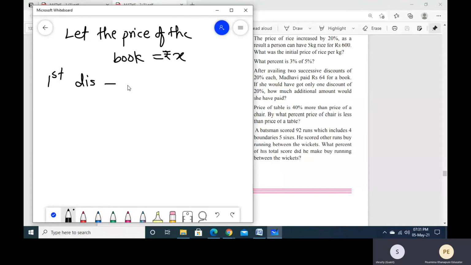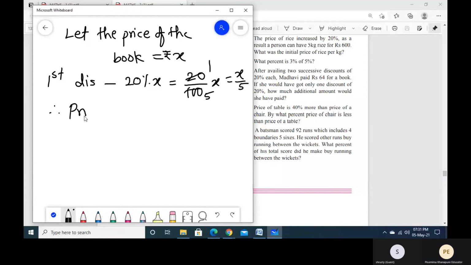No, it doesn't actually add up to 40%, because the first discount is of 20%, right? 20% of X, so that is 20 upon 100 of X. That is X upon 5. For a discount, we need to subtract, right? Therefore, the price of the book